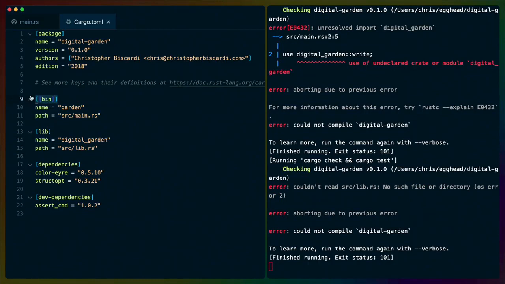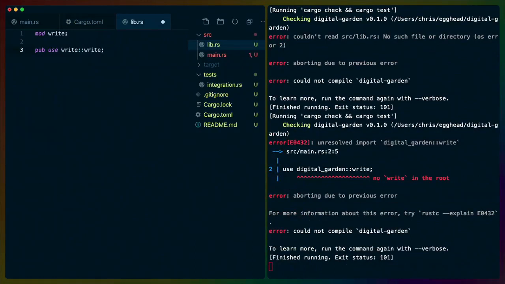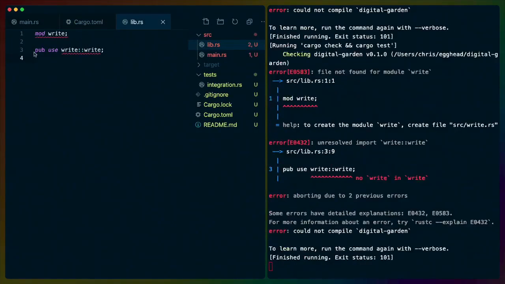Note the difference between the bin declaration and the lib declaration. Bin is an array, whereas lib is not. That's because we can only have one library crate in our package, while we can have as many binaries as we want. In src, we'll create lib.rs with the following contents: mod write; pub use write::write;